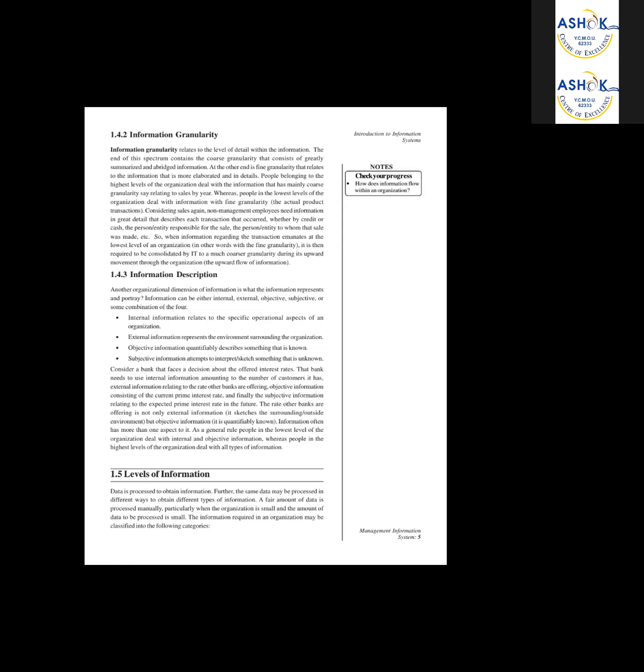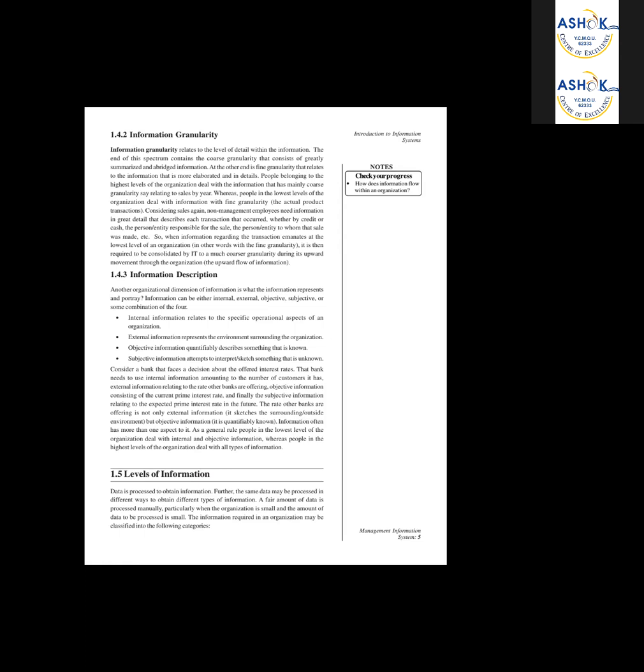Next point, levels of information. Data is processed to obtain information. Further, the same data may be processed in different ways to obtain different types of information. A fair amount of data is processed manually, particularly when the organization is small and the amount of data to be processed is small. The information required in an organization may